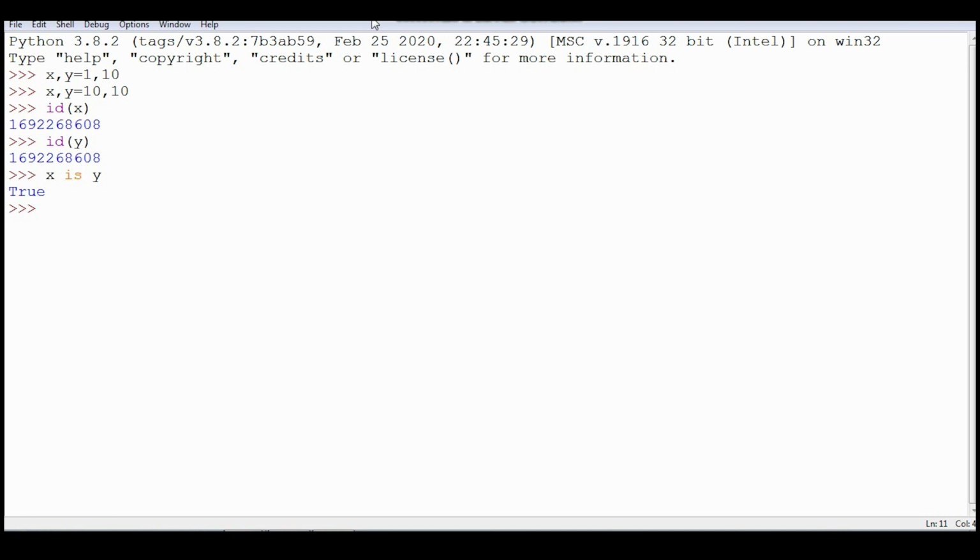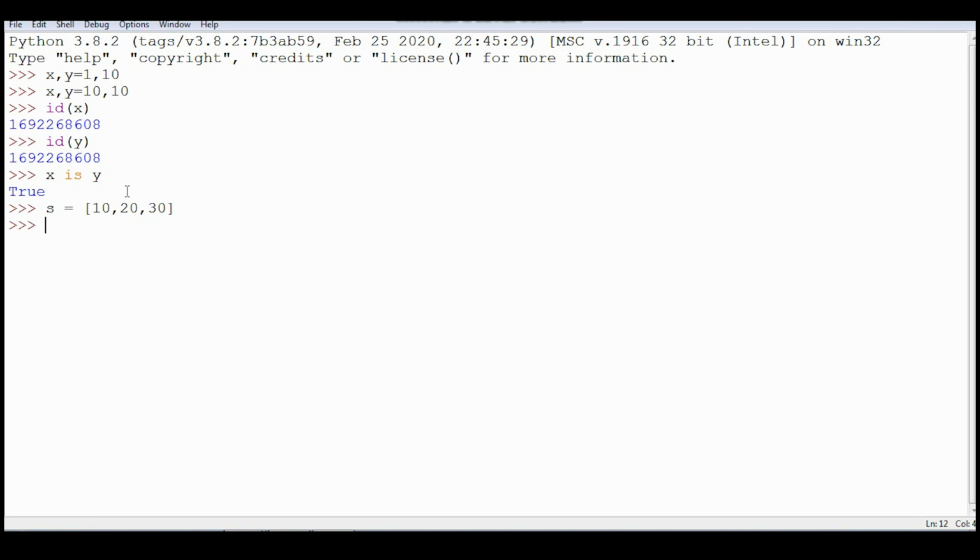same memory location. But if you take some objects which are not elementary type, that is those which are mutable objects, like list, if I consider s equal to 10 comma 20 comma 30. This is a list and the values in that list are 10, 20, 30.